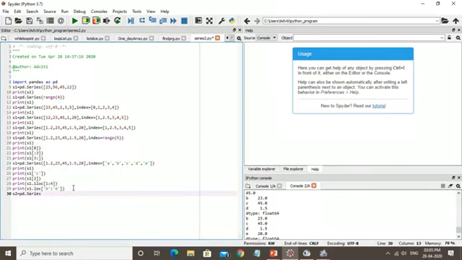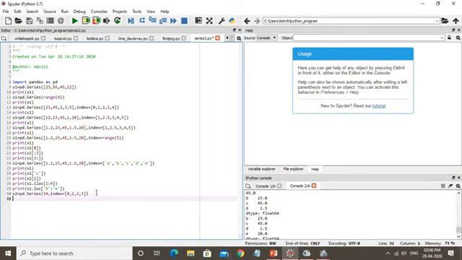I am using the Series method, and then I am defining the value, let's say 34, and then comma index equals, let's say 0, 1, 2, 3. So what we are doing? We are trying to store the constant value 34, or you can say the scalar value 34, on the index numbers 0, 1, 2 and 3.